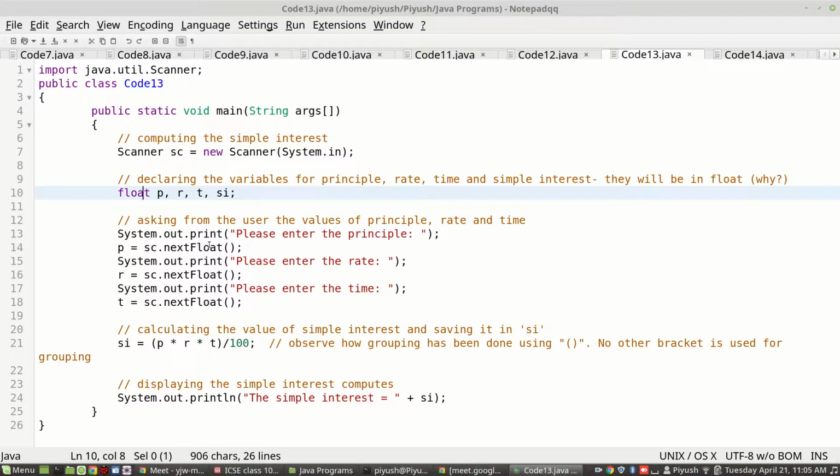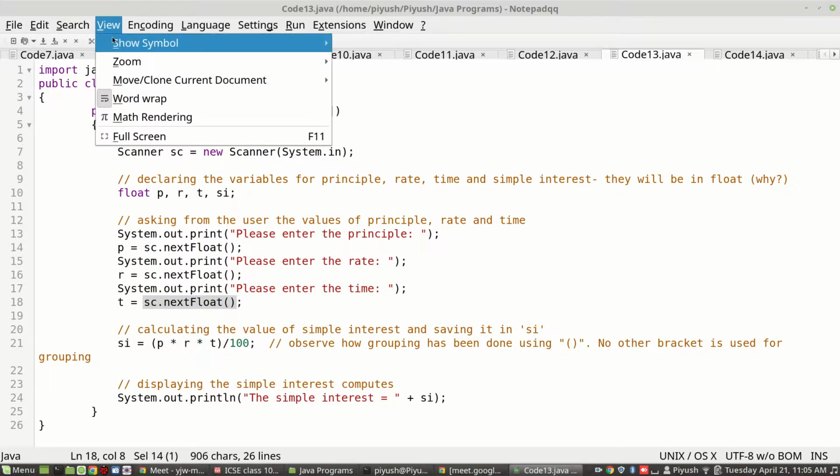So next you use float input, and that will be saved in P. Next you leave a message, please enter the rate, and then you again ask for a floating type value from the user, and that you store in R. And then you leave a message, please enter time. Then you ask the user for a value, and that will go inside T.